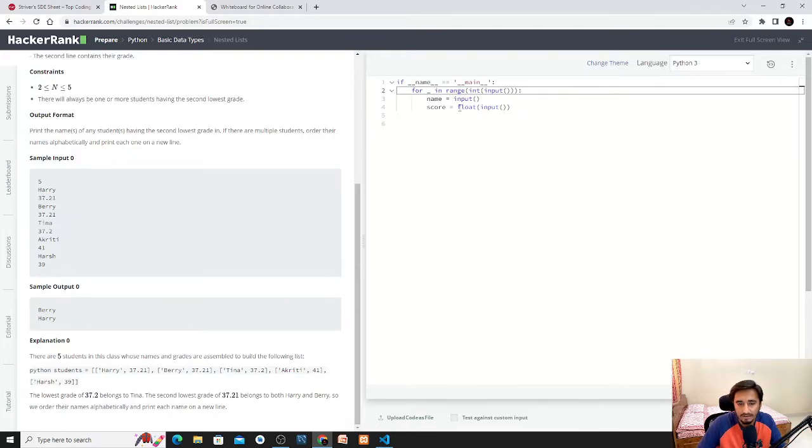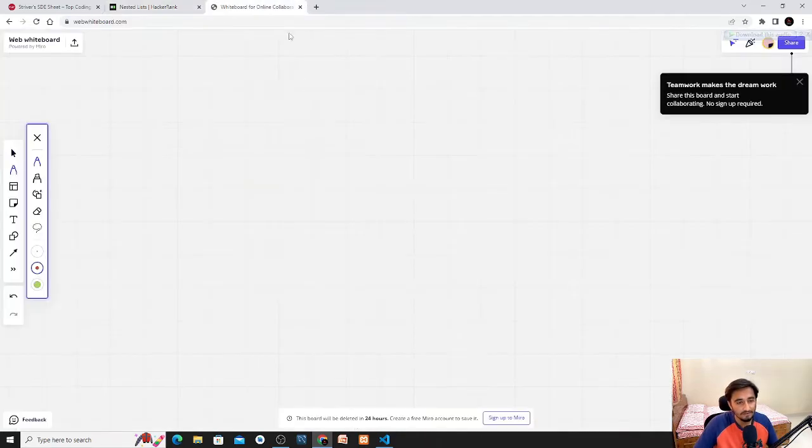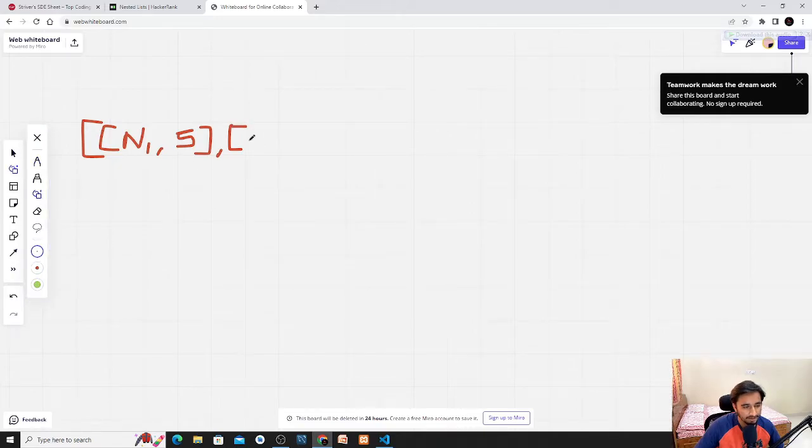So in this code, let's see how we proceed. Let me take it to the whiteboard. Let's take an example. Name of student 1 is n1 with score 5, and the second student n2 with score 6, and the third is n3 with 8.